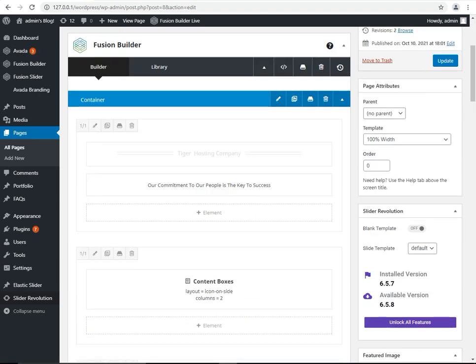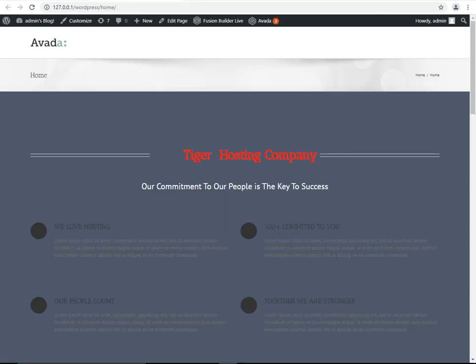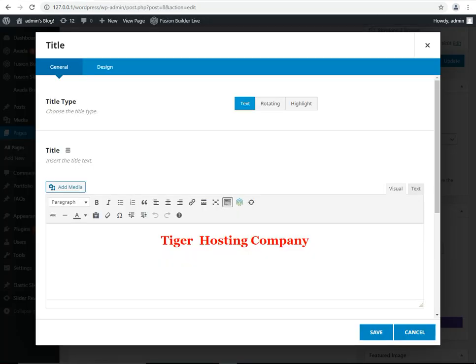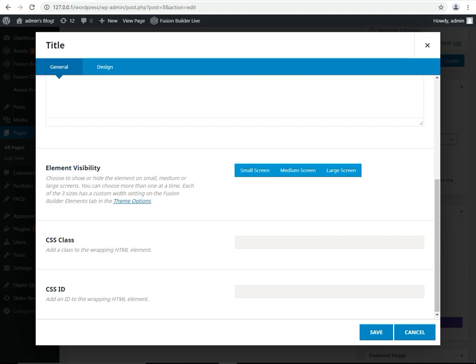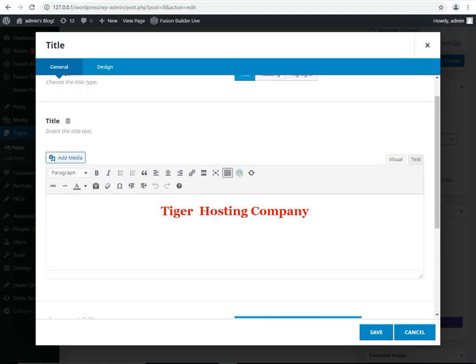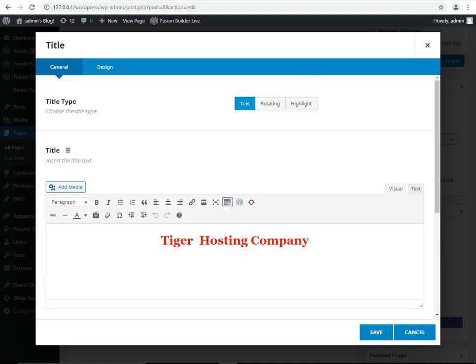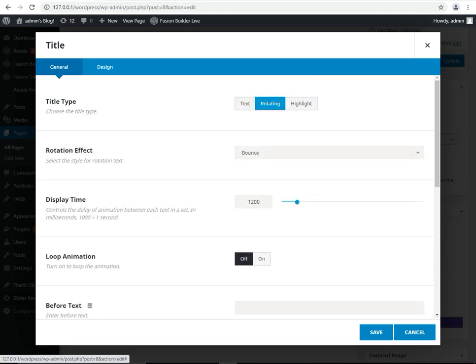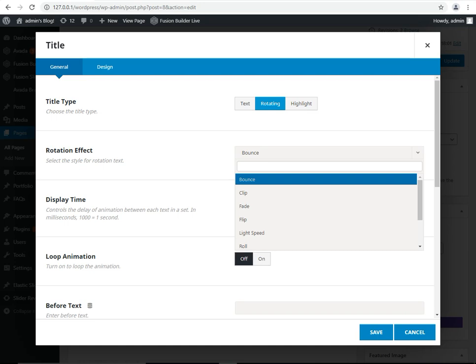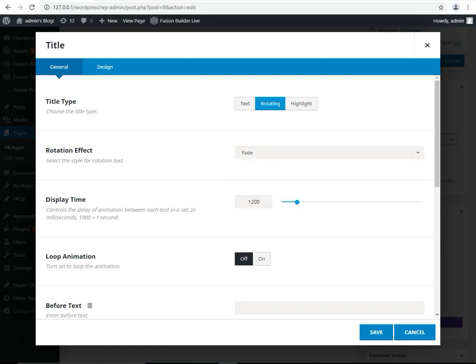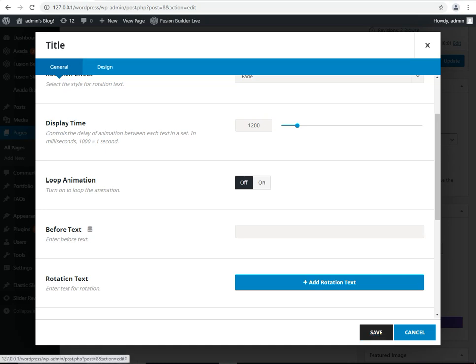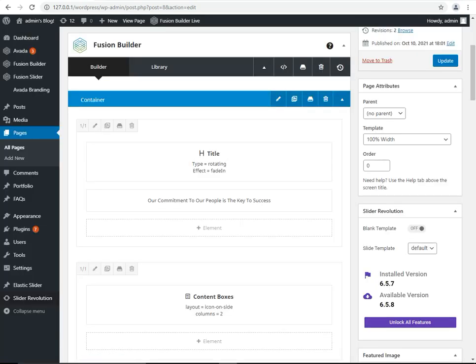You can also set the lining style of this, which we can change in the style row. Rotation, like which type of rotation. Fade, the system will show this in a fade color. Going to save and update.